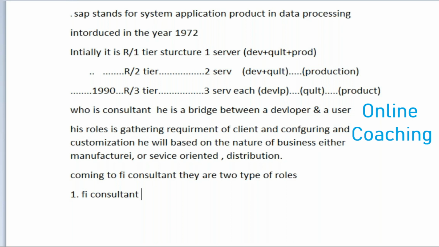His role is exclusively hired by, for example, Toyota. Toyota companies hire him exclusively as an FI consultant to look upon the company's financial things and